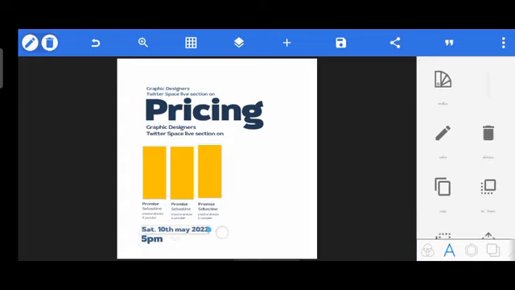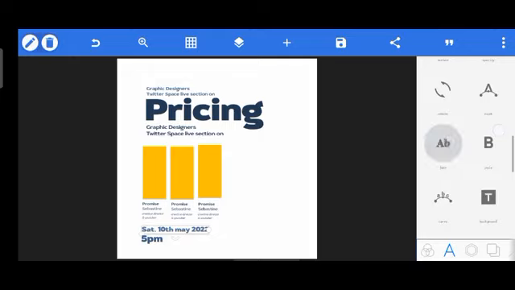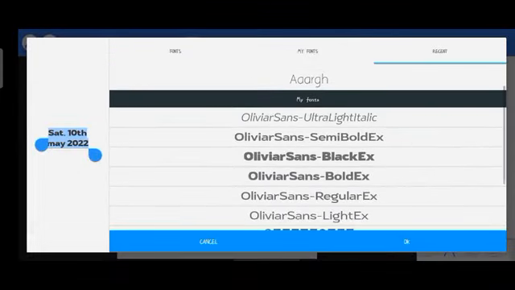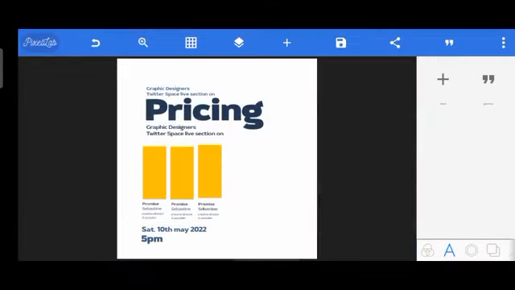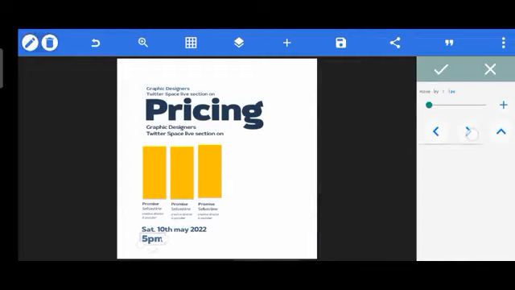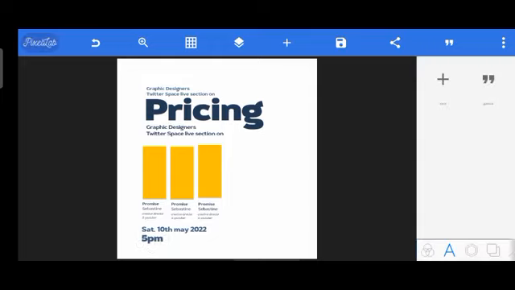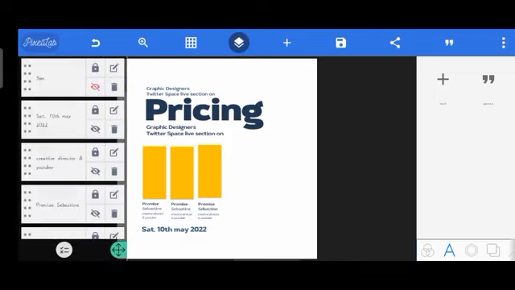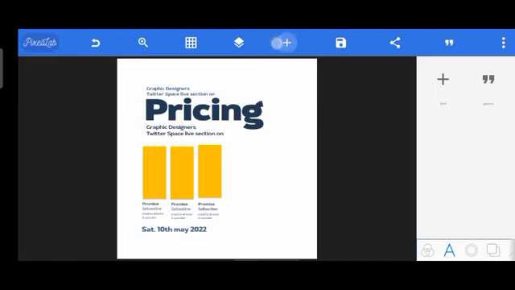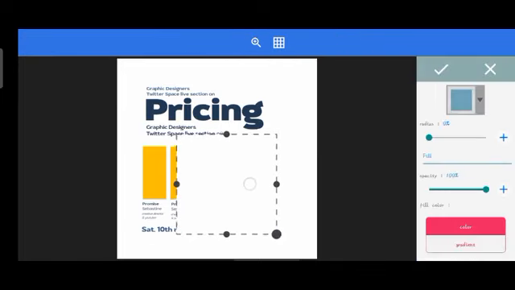Let me just change this date to bold instead of using this black. So it creates more working on it. Okay, you see, time is 5 p.m. bold, black. While date is 5 p.m. bold. Okay, you see, with this now, this is okay. So you could just type your location and a whole lot of other stuff, or if you don't want to type the time like this, you could use a circle like me. Most of the time I use circle shapes, or use a square shape,